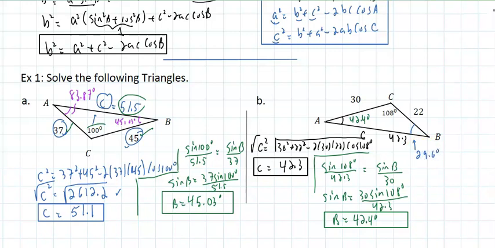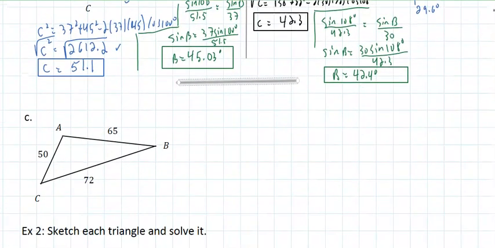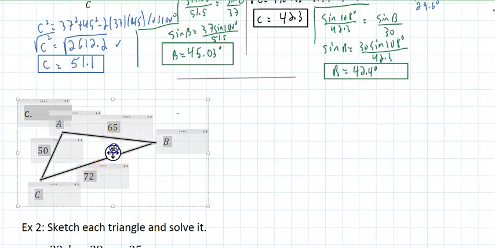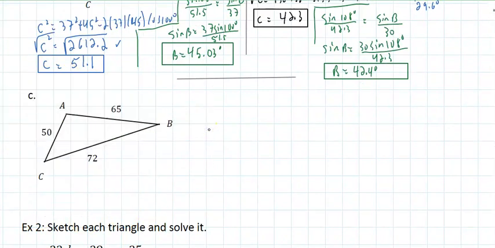Now if I move to the next problem, I noticed they didn't give me any angles in this problem. So what I would do, I would actually figure out an angle. Now, since I'm using the law of cosine and I'm not looking for the two cases, it doesn't matter which angle I find. So I could say, let's find angle C. If you want angle C, what do we know? We know that